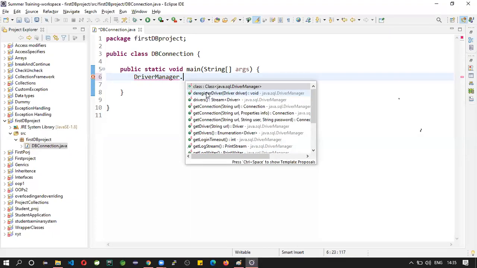Can anyone give the answer? What is this? Whether it is a class or object or something else.